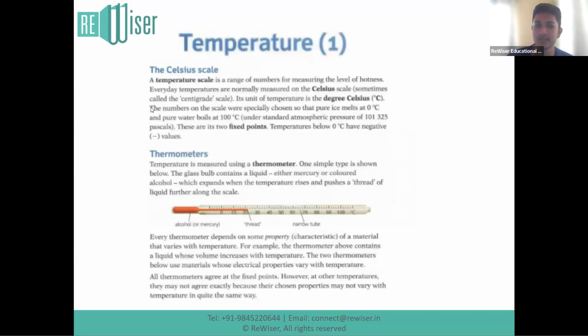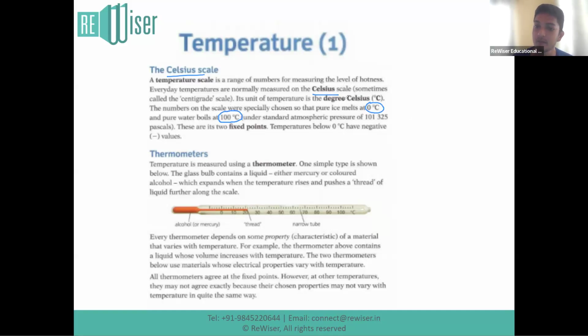Going forward, here we discuss what temperature is. In simple words, most textbooks define temperature as the degree of hotness or coolness of a body. Temperature has the Celsius scale and, for context, the Kelvin scale as well, which is its SI unit. I'll not be discussing Fahrenheit because it is not one of the common units that we use. In the Celsius scale, we usually take 0 to 100, where 0 is always the melting point of ice, and 100 is the